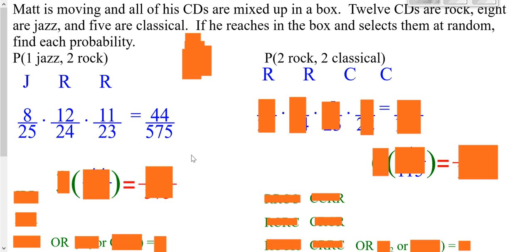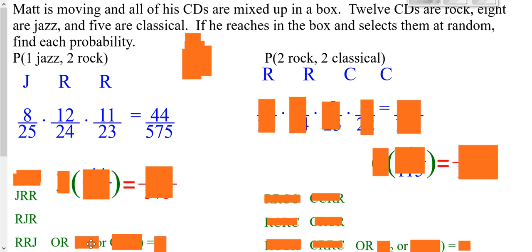However, we have an issue here. Because it did not say jazz, then 2 rocks, it does not necessarily specify it has to be in this order. It's just saying you want a jazz and a couple of rocks. It could be a couple of rocks and then a jazz, or it could be a jazz in between your 2 rocks. And so if you list out all your different options to be able to figure out how many ways this could occur,